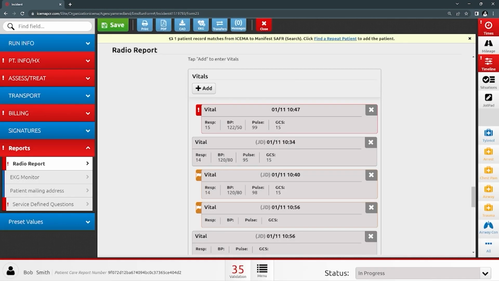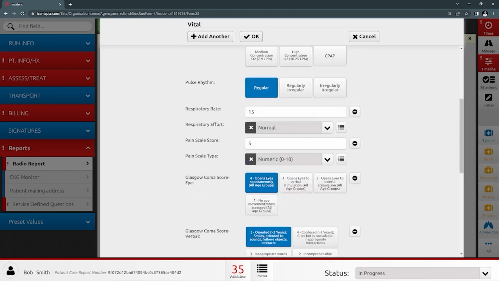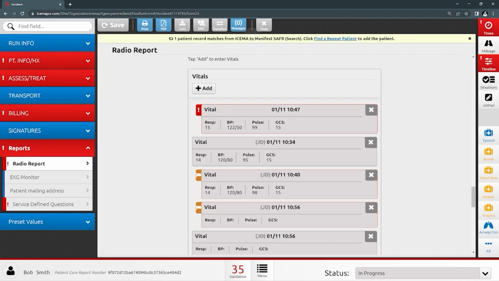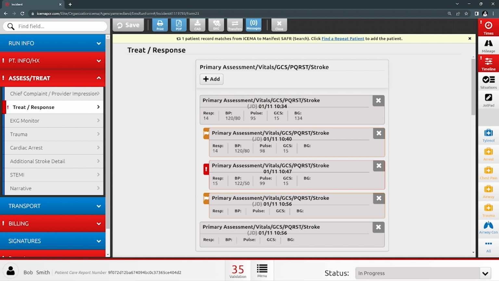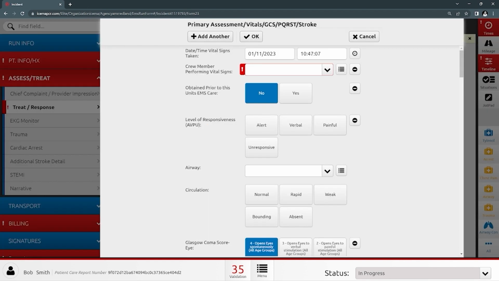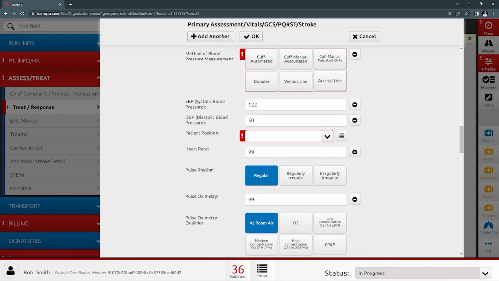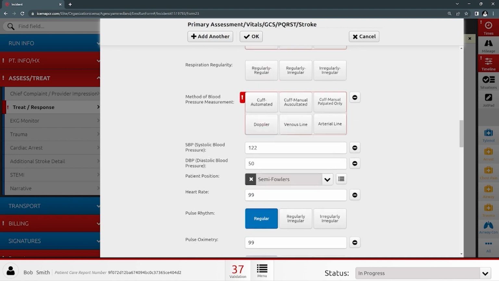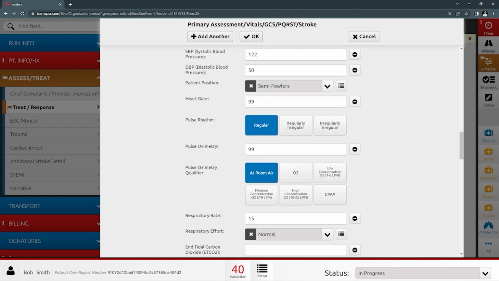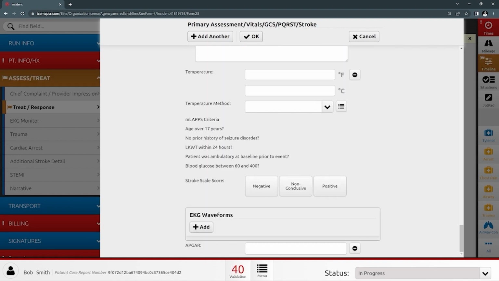Okay, so it's red now though, right? But we've pretty much clicked anything we can click here. So what we have to do now is go back to the assess and treat tab, and then treatment response, find the red vital signs field, go back and look all this other stuff, right? Airway, there's a bunch of fields here that we still have to do. The patient position, en route, cuff, palpated, and whatever's left up, we got to go back and pick it up